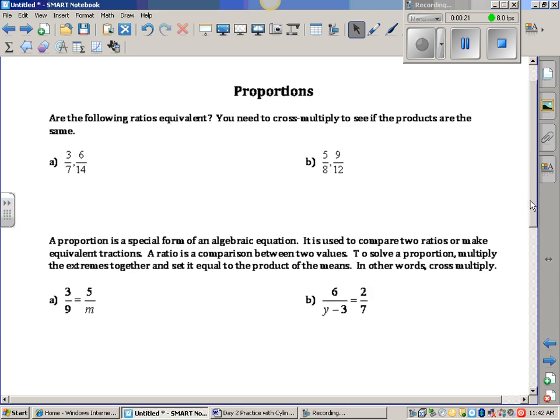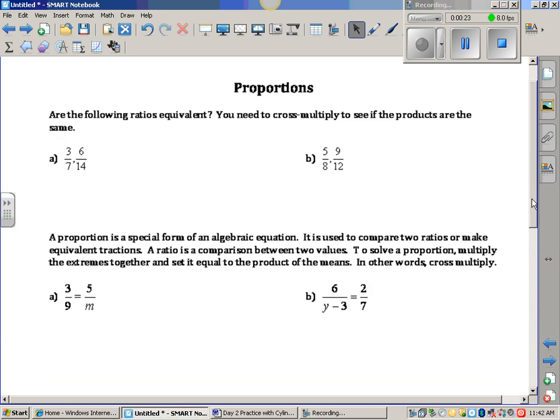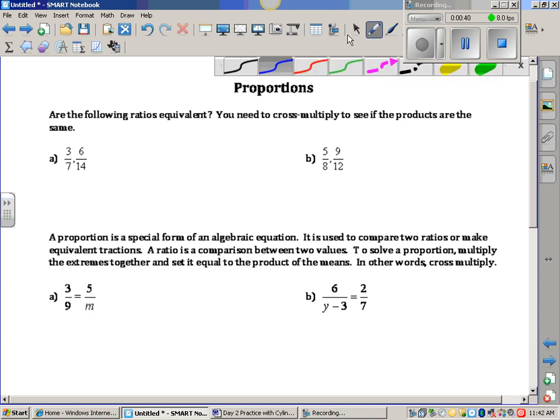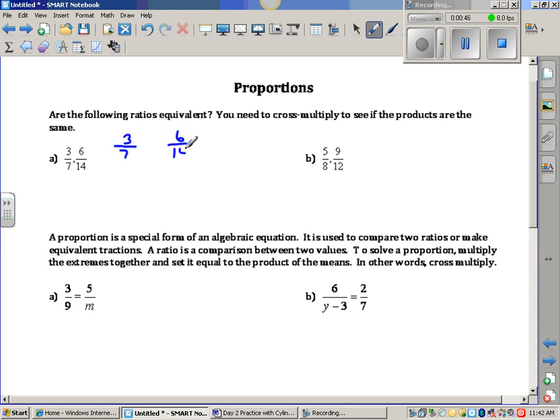We're going to do a quick review on our proportions. The first question asks, are the following ratios equivalent? To figure out if any given ratios are equivalent, check if their cross products are the same, or if you can reduce them down into the exact same fraction. What I mean by that is, if I'm comparing the fraction 3/7 to 6/14, I can simplify them down, or